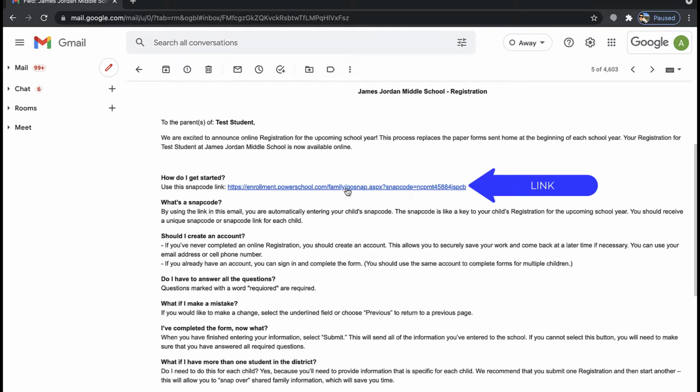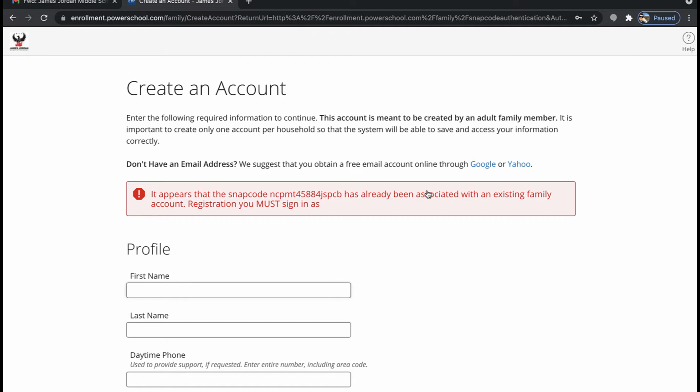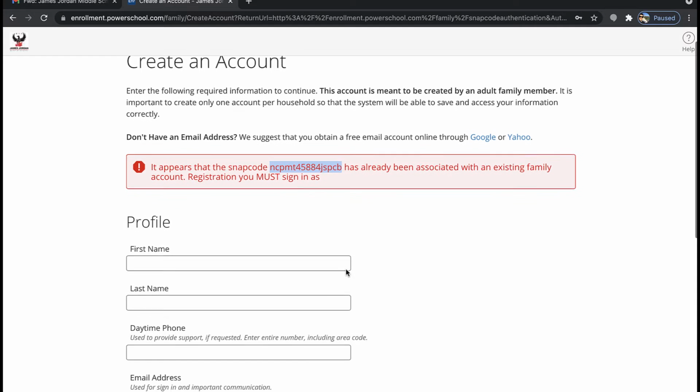By clicking on this link, it will take you to a new page, which portrays only your student. And you want to create an account using the snap code. You'll click on create account. In this case, I already used this snap code, but in your case, you will have a brand new snap